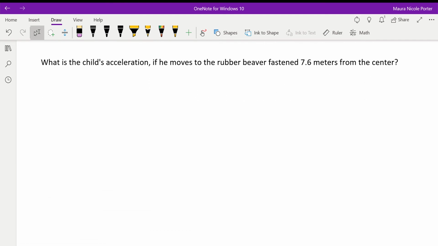Finally, we get to part 3, which is: what is the child's acceleration if he moves to the rubber beaver fastened 7.6 meters from the center? Well, what we were at before,